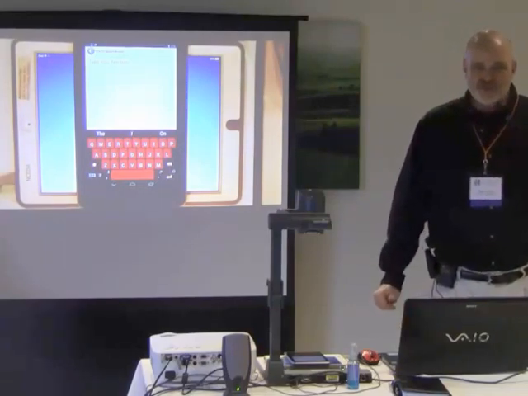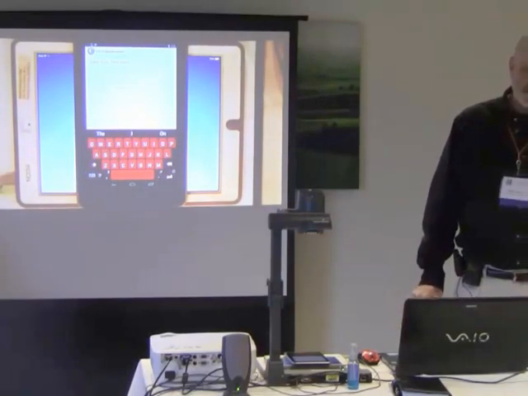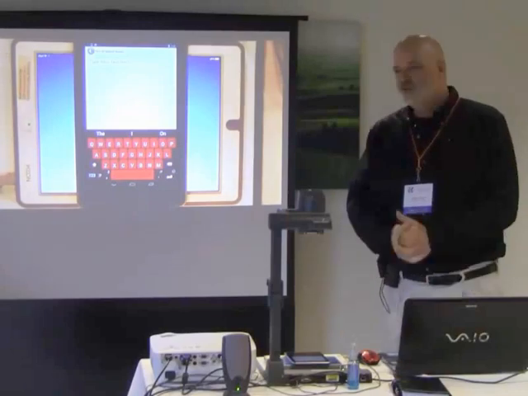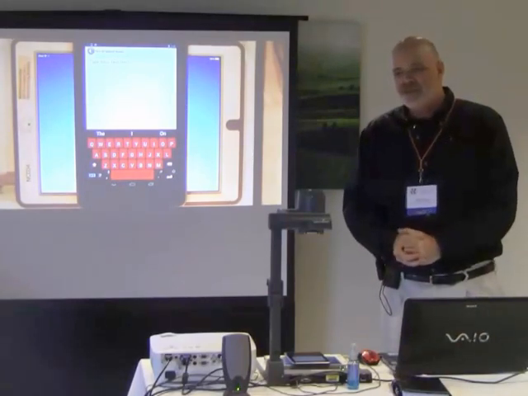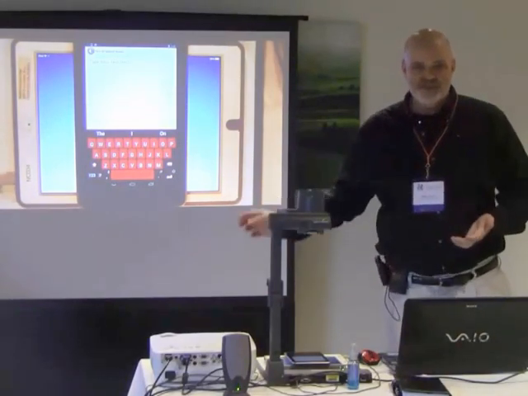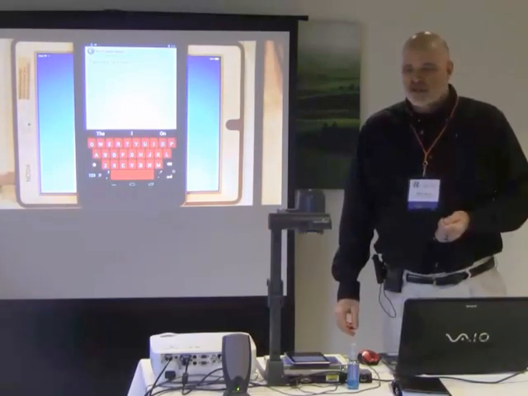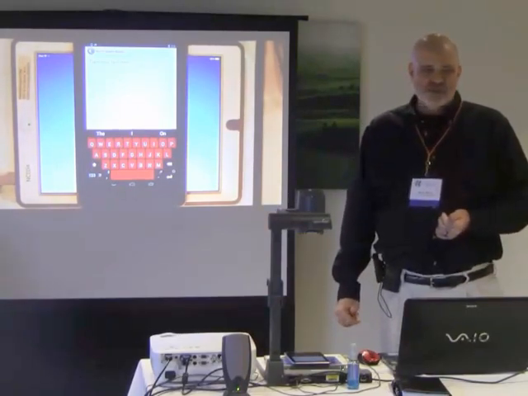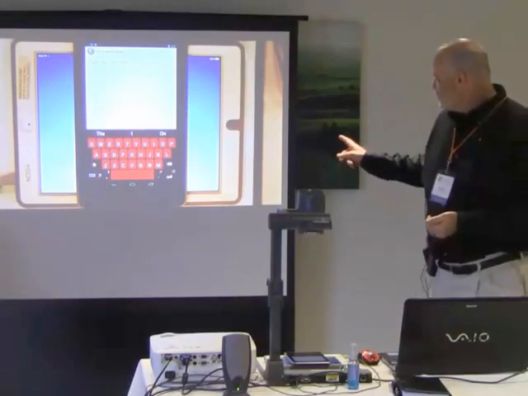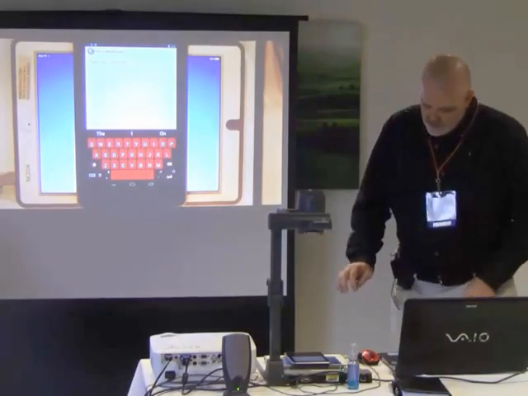Because with Apple, you're stuck with the keyboard that's there. You can use an app that gives you a different keyboard, but then you can only type within that app, and you have to cut and paste it into something else. On Android, you can install any keyboard you want. These are very versatile. And what I like about how powerful it is